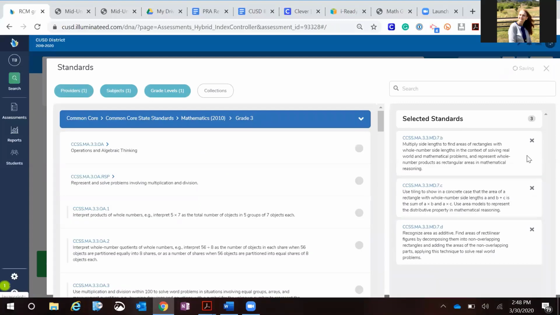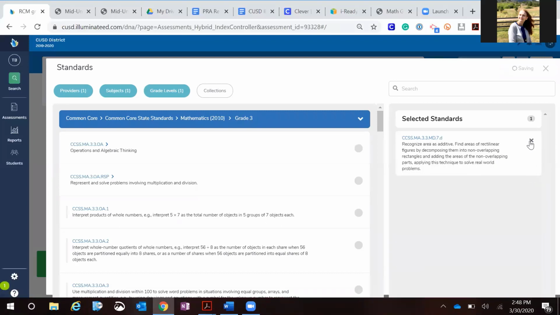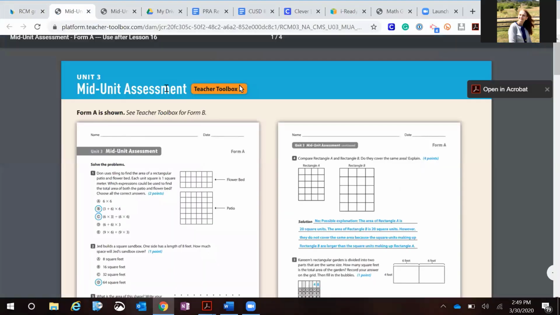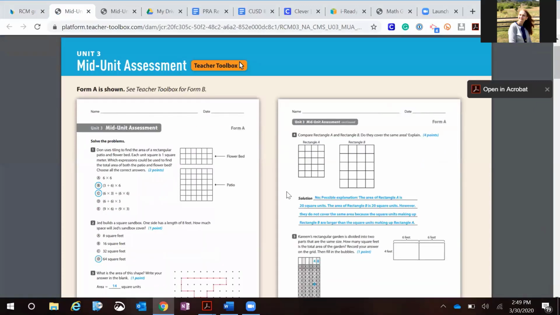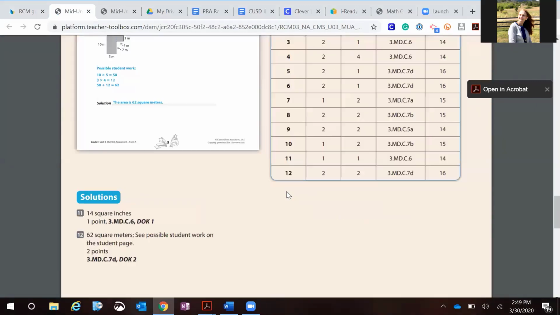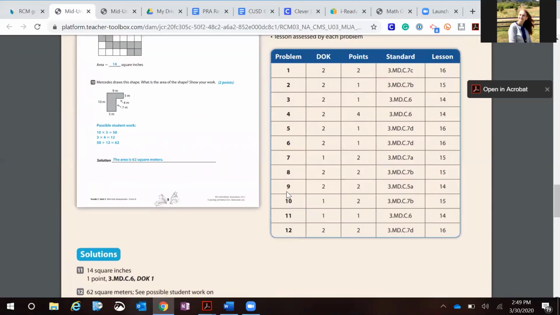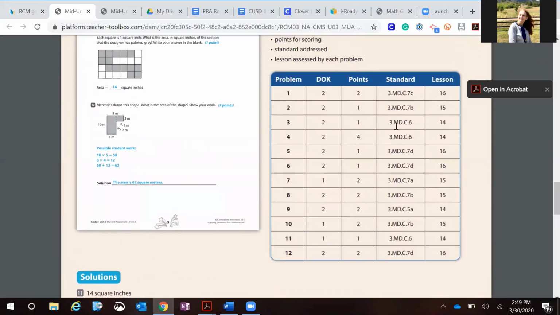One of the things that I recommend as you're building one of these assessments is have a copy of the teacher document with you when you go to build one of these. For example, I've got it right here. What's really nice about this, specifically in Ready, is down here on the last page, Ready does a nice job of breaking down, hey, these are the standards that are attached to all 12 questions. So now when I come into this,